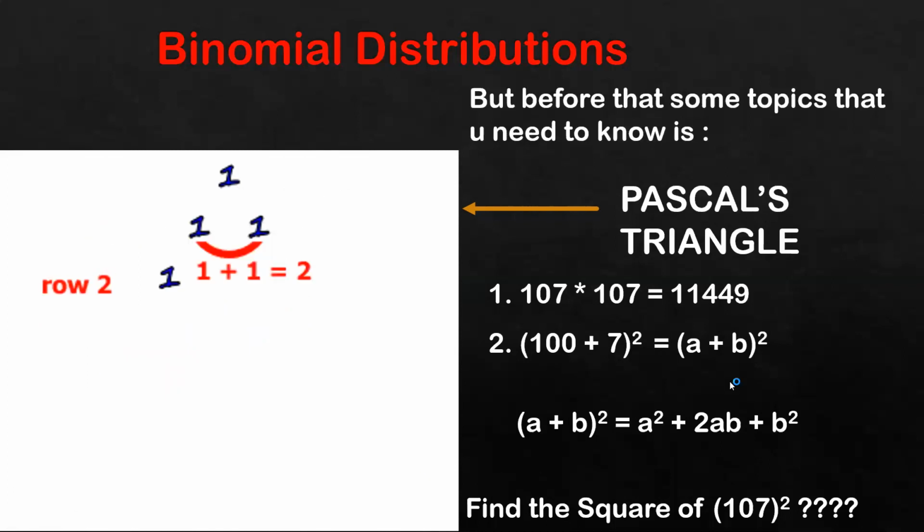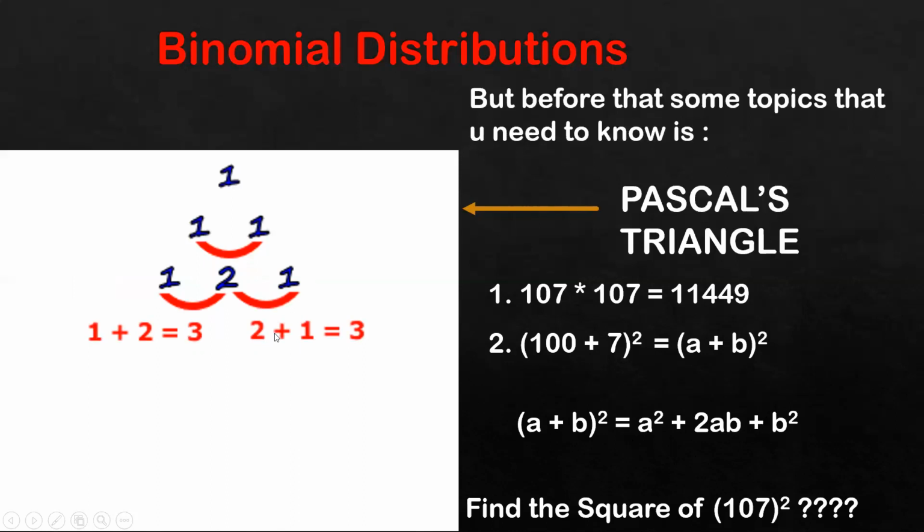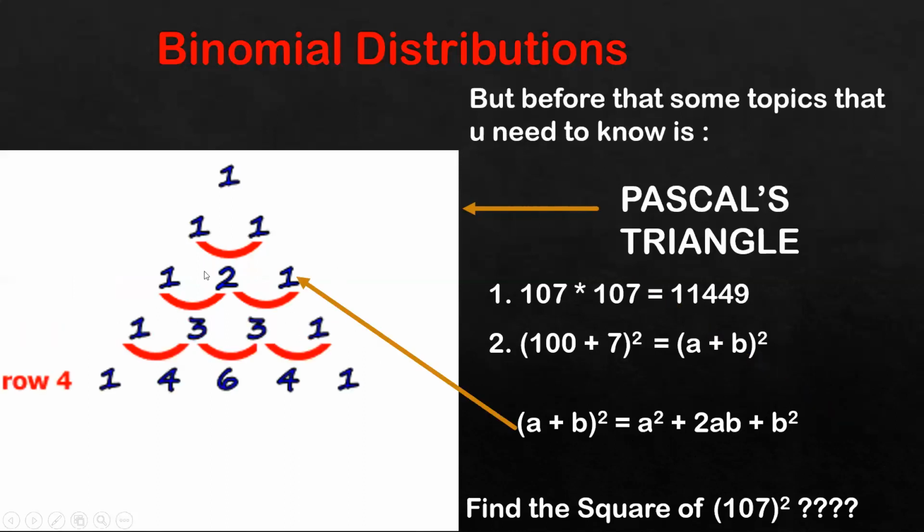So what conclusion can you draw from seeing this particular number and the Pascal's triangle? Can I say a square is having 1, ab is having 2, and b square is having 1? These are called the coefficients. So can I say that in the diagram, whatever you can see is nothing but the coefficients which you get from the Pascal's triangle? So can I say a plus b the whole square is nothing but 1, 2, 1?